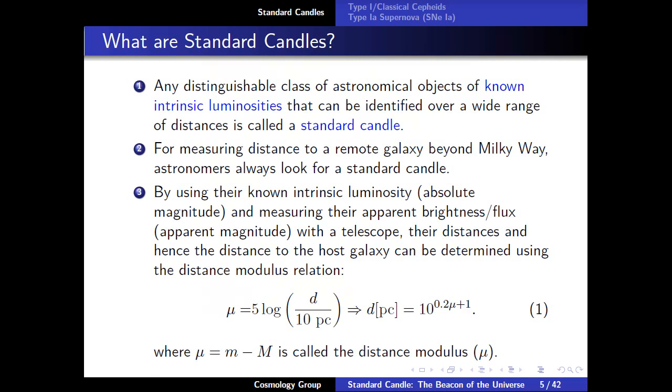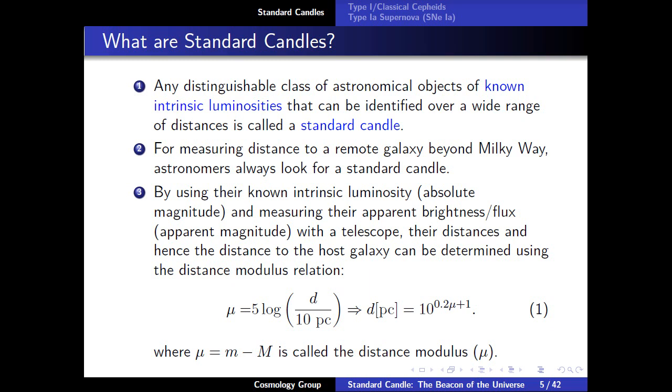Now the question is, what are standard candles? Any distinguishable class of astronomical objects of known intrinsic luminosities that can be identified over a wide range of distances is called a standard candle. For measuring distance to a remote galaxy beyond the Milky Way, astronomers always look for a standard candle. By using their intrinsic luminosity, expressed in terms of absolute magnitude, and measuring their apparent brightness or flux, expressed in terms of apparent magnitude with a telescope, their distances and hence the distance to the host galaxy can be determined